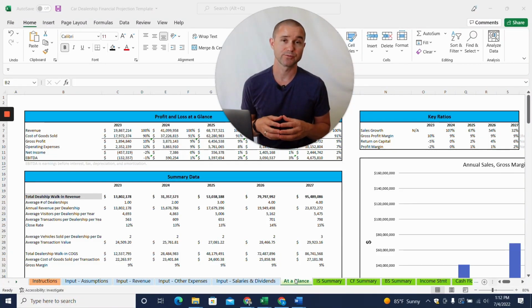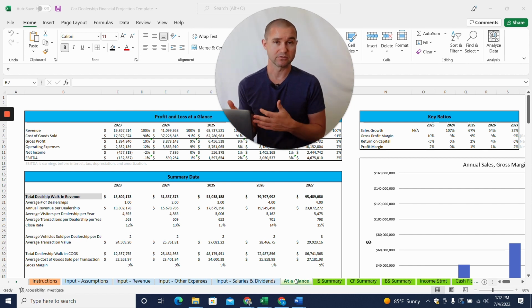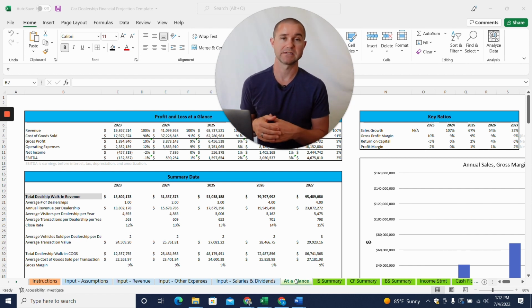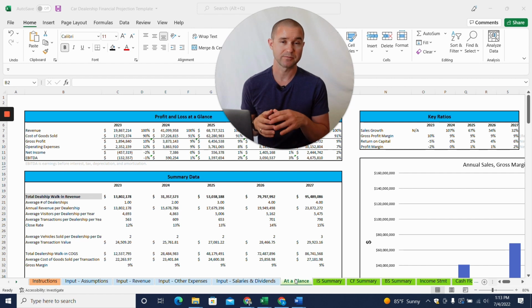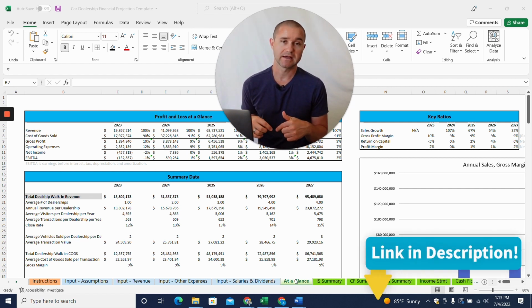Hey, if you're looking to create financial projections for a new car dealership or even a used car dealership, and maybe you're trying to create projections for a potential loan, maybe some floor plan financing or just a startup loan, or for potential investors, well, you've come to the right place because we have developed a financial projection template built specifically for car dealerships. I'm going to walk you through that today, and I've linked to this template in the